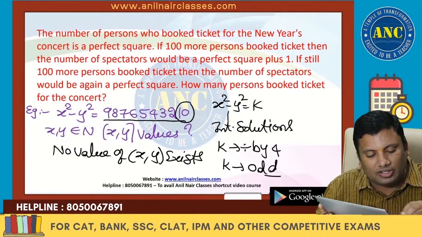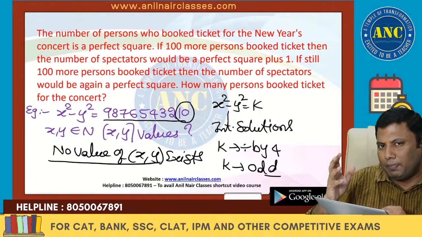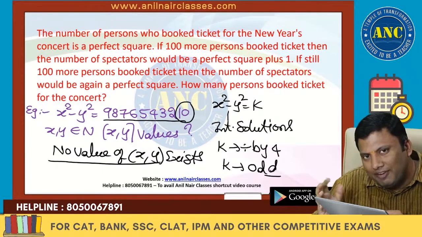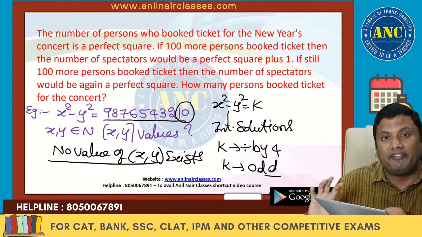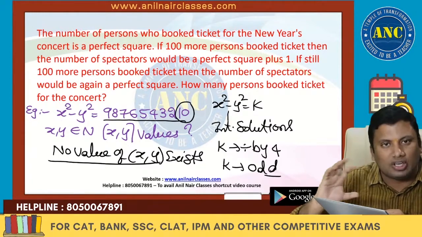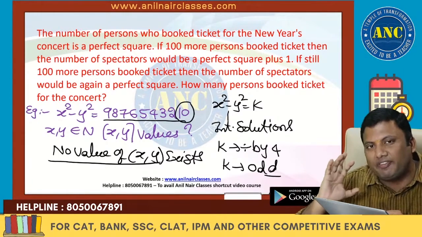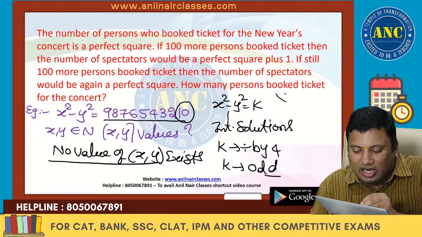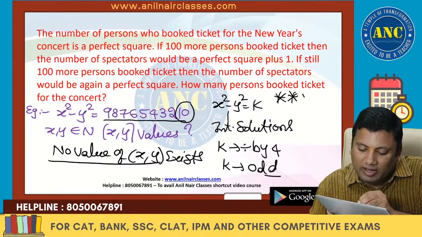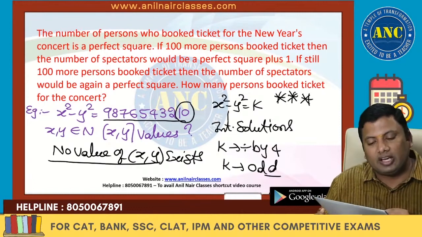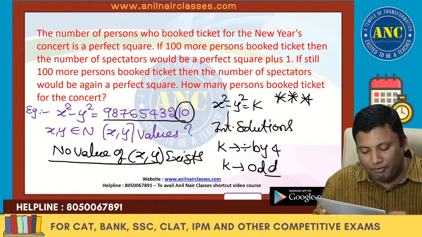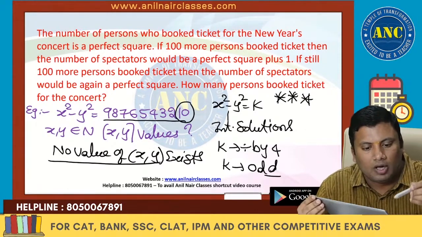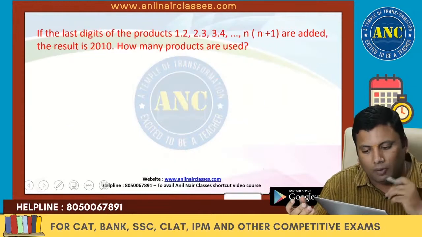Many of the students, when they attempted this CAT paper some 4 years before, and many websites and social platforms also, said that this question is very difficult because of enumeration. No beta, it is a very easy 5 seconds question if you know this concept. x square minus y square equivalent to k has integral solutions only if k is divisible by 4 or k is an odd number. Question number 1: concept, approach and an example. I hope it is clear.